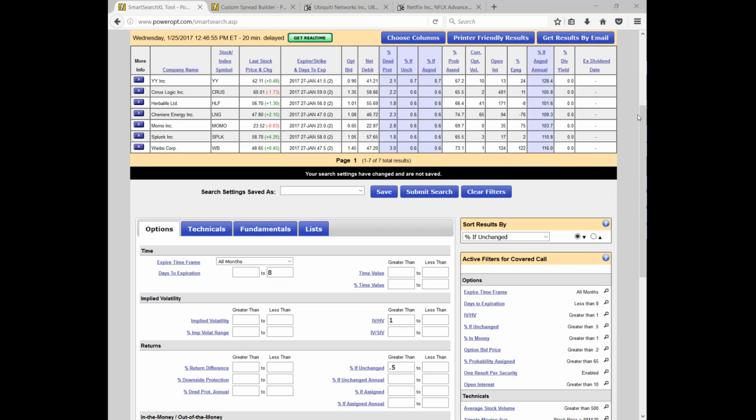But as we always mention, Bob, you can do that at any time. If you wanted to screen just for stocks that had the higher IV-HV ratio or seemed overvalued, you can plug that in at any time. And then Bob asks, can you change the sort? Yes, in every